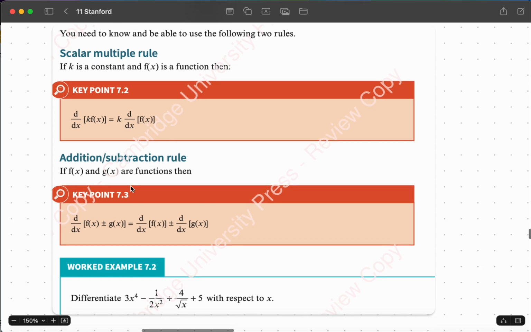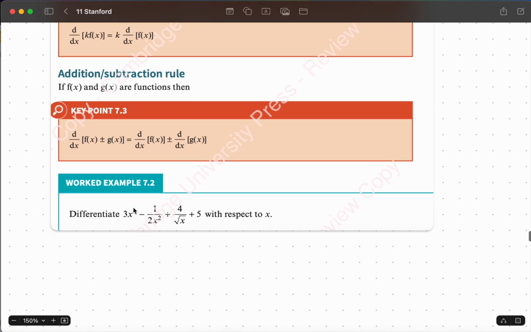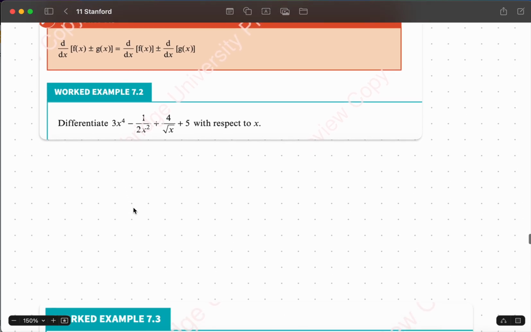The next one is the addition or subtraction rule. If f(x) and g(x) are functions, then d over dx of f(x) plus or minus g(x) will be the differentiation of f(x) itself plus or minus the differentiation of g(x). So you just need to differentiate each of the functions. It doesn't affect anything actually. So for example,